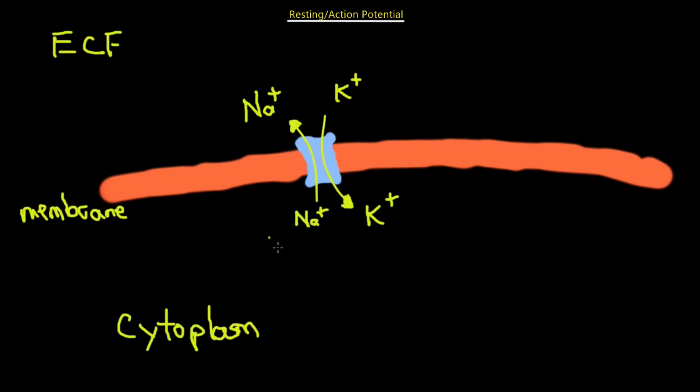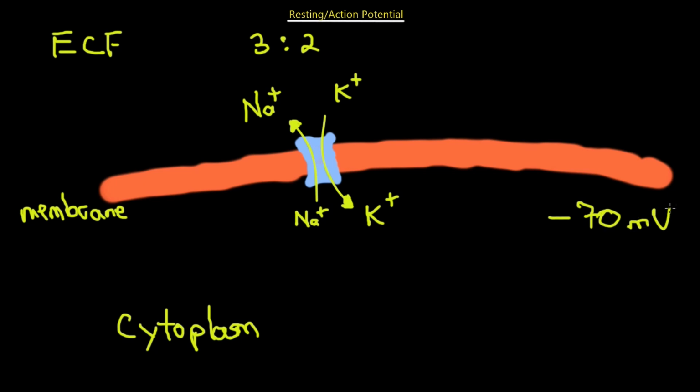And it's going to be done at the rate of 3 to 2. So 3 sodium will be pumped out of the cell and 2 potassium will be pumped into the cell. This is the mechanism, the sodium-potassium pump protein, that will be used in order to keep the resting potential at